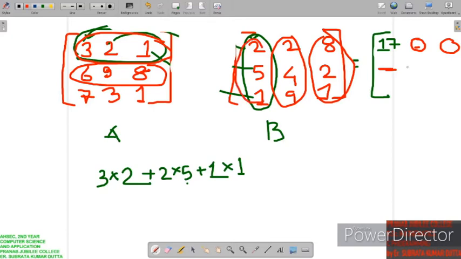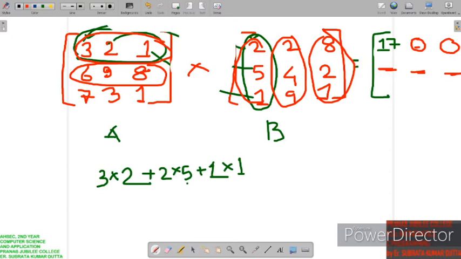Similarly for this position, second row second column. Similarly for this position, second row of the first matrix with the last column of the second matrix, right.